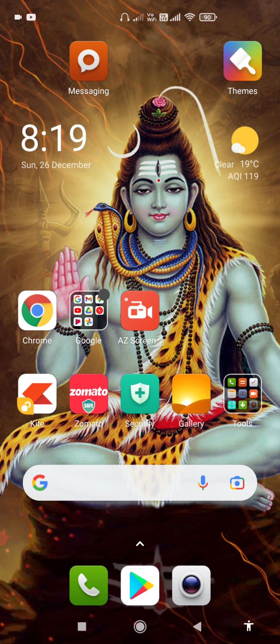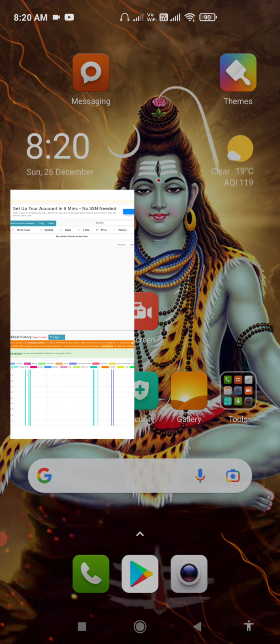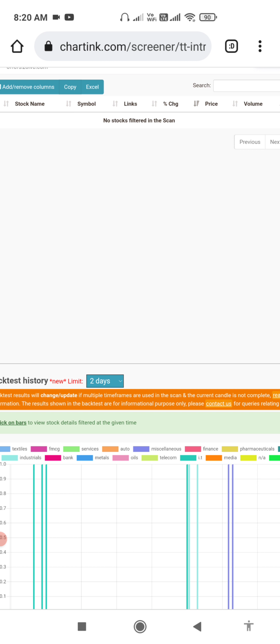The scanner will pick up the stocks and directly give you a message, an email and pop-up messages on your mobile according to your parameters, conditions and filters. So what are the filters, parameters and conditions? For charting and scanner purposes, I will use my favorite software, charting. This is the website of the charting platform. First I will briefly explain about the charting platform.